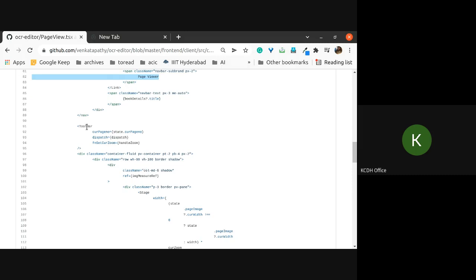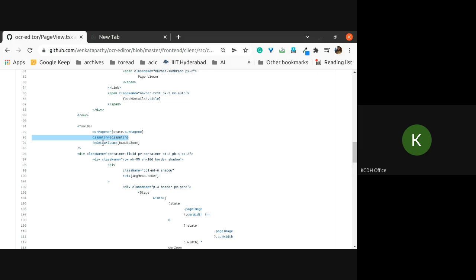But the major part first is the toolbar. Toolbar is again a component in which you need to pass something. What is the current page? And there is this dispatch, which comes from the Redux concept. Maybe we can see it later. The way to update values in React is a completely different concept, handled in React Redux.